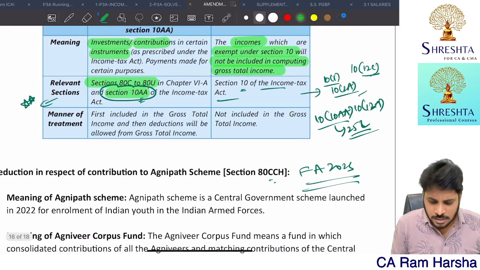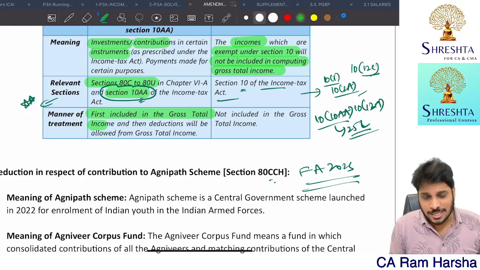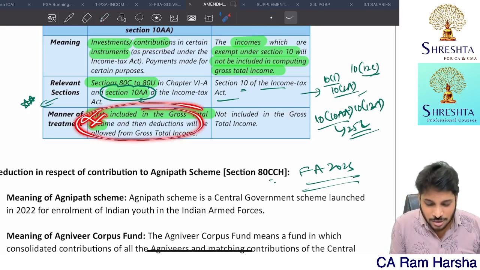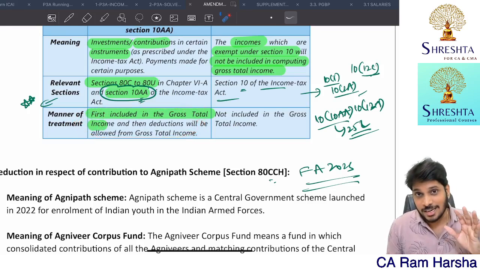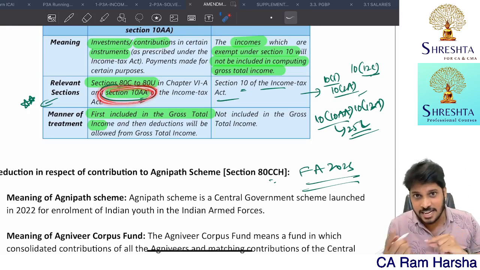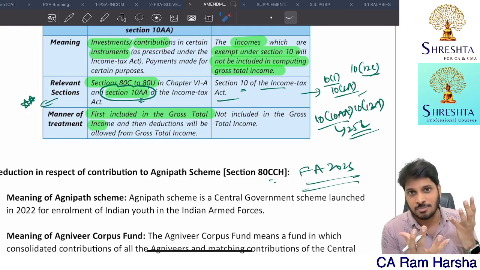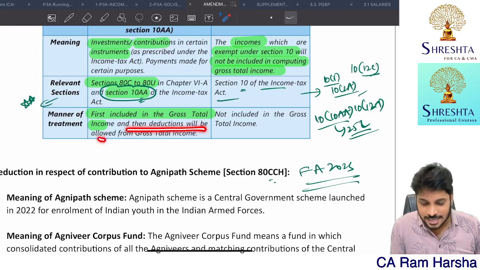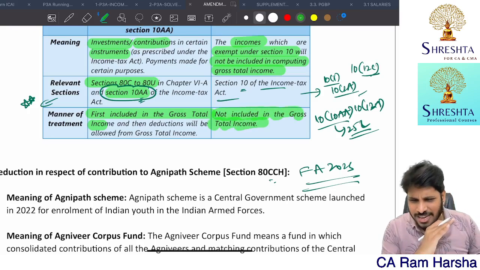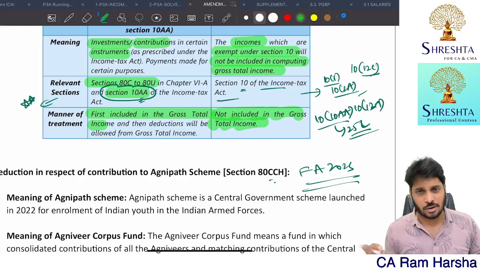Now, what is the treatment? First included in gross total income. Actually, if I paid any premium for LIC, will I include it in gross total income? No. Somebody, whoever drafted this, did not understand exactly. Generally, some income-based deductions are there. Income-based Chapter 6 deductions and even 10A deduction. First, whatever profit is there from exporter, that we tax it under PGBP. Then we claim deduction, and then deductions will be allowed. Whereas exempted incomes are such that they are not at all included in gross total income. They will not be included in income at all.